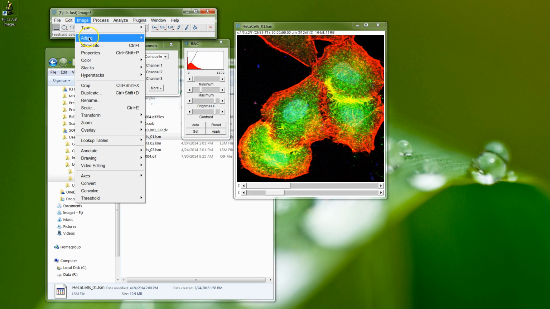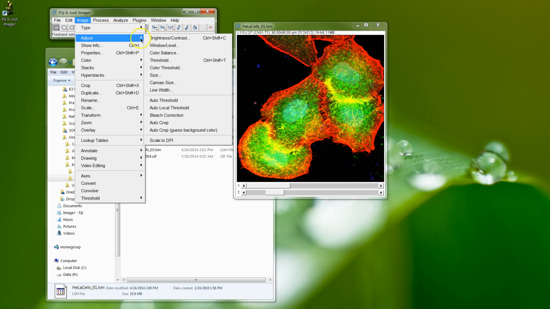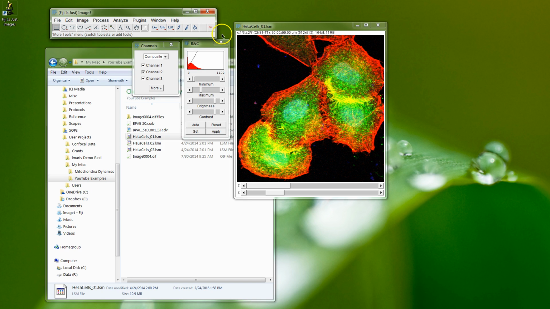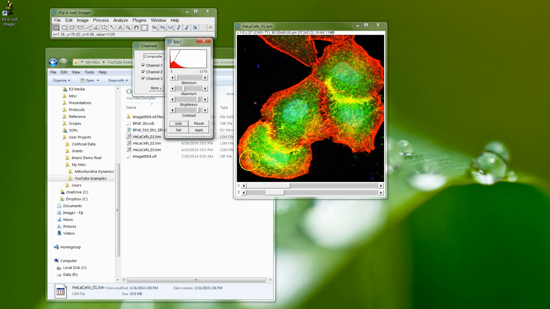Just to remind you, the Control-Shift-C brightness contrast is in the Adjust menu, and the Color menu contains everything to do with channels, and there's Control-Shift-Z there. So let's go to the Z we want, and we'll hit Auto on that channel, and move to the next channel and do Auto. Just to show you a quick thing I use a lot is to use the mouse wheel and then roll to the next channel, Control Shift and C for the shortcut,